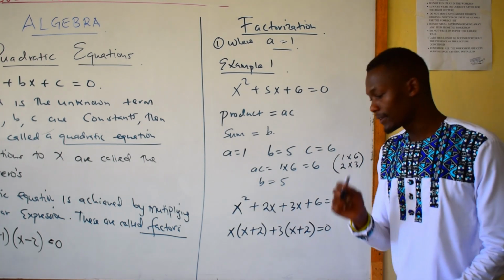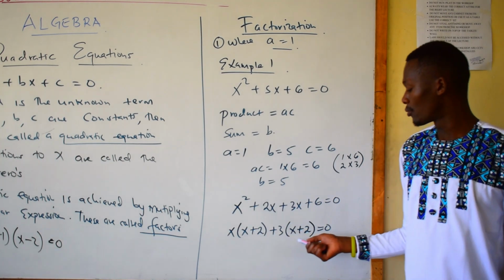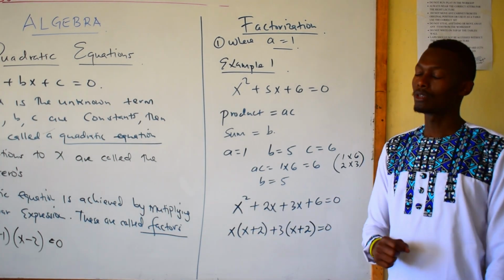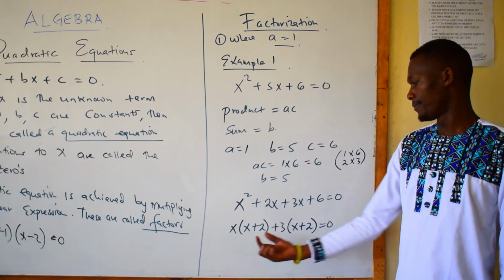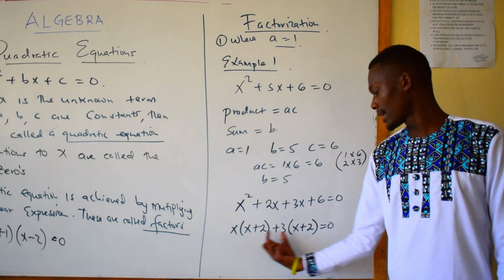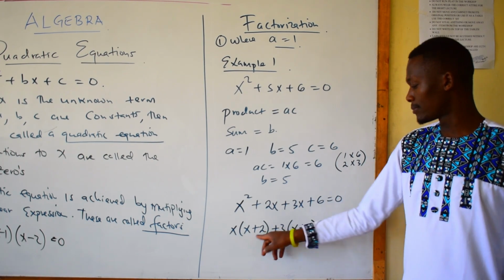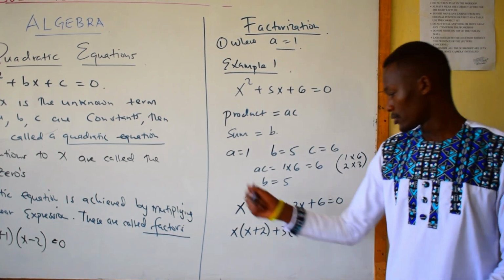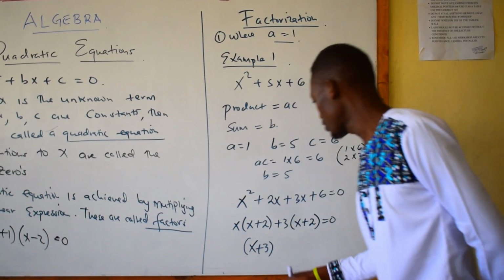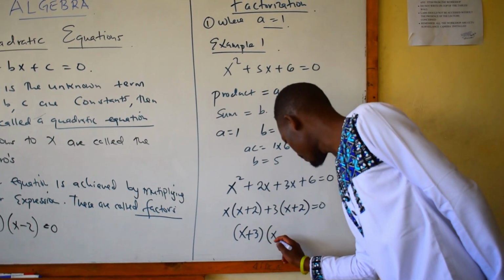What do you note here? There's something very interesting you should note. This term here will always be the same as this term. That is a rule. So since you have these two terms being the same, take the terms that are outside and any one of these, because they are just the same. So in short, you should have x plus 3 and then x plus 2